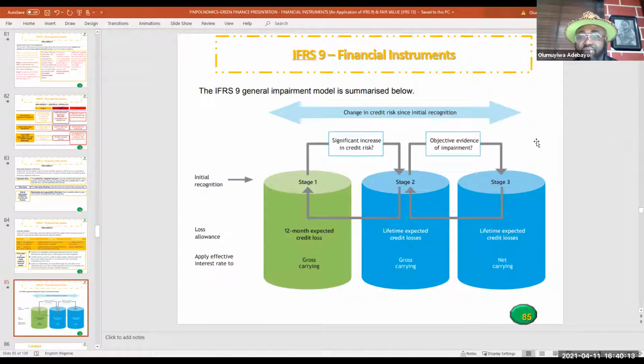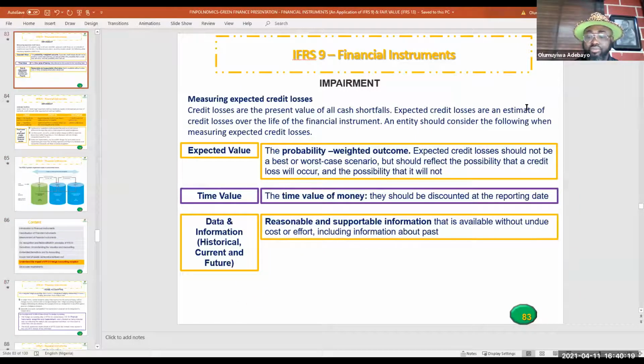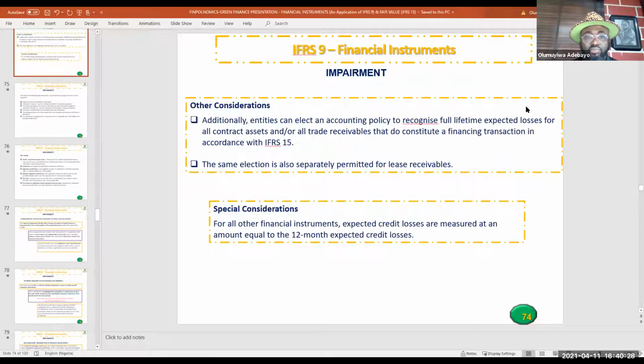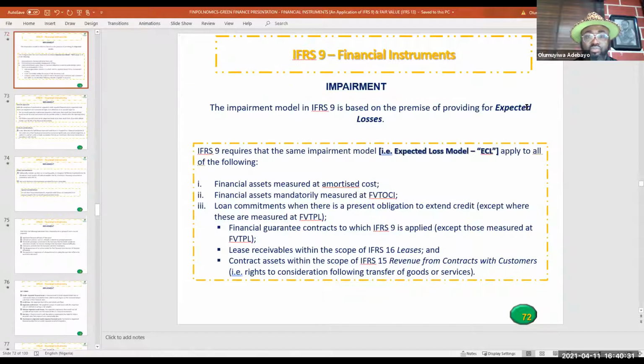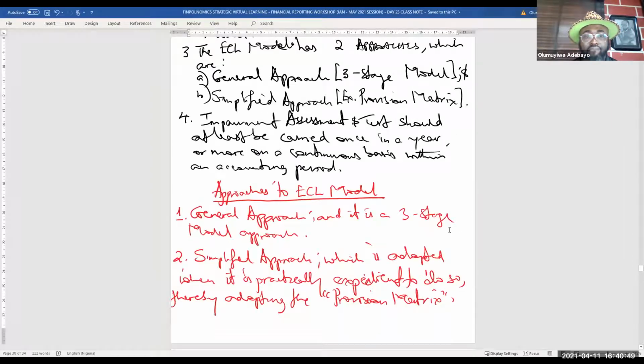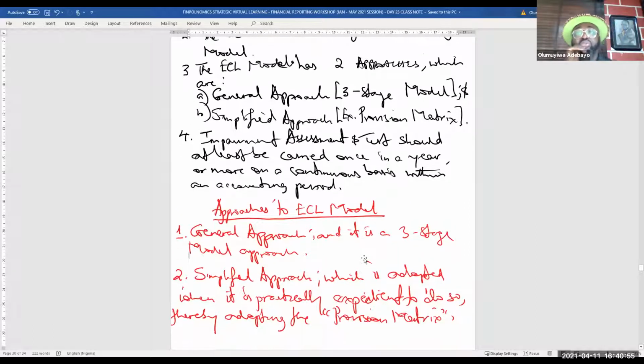Okay, let's look at the provision matrix. Now, remember we discussed the simplified approach. Now, the simplified approach is,